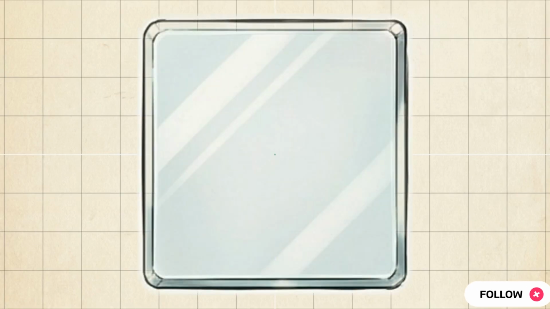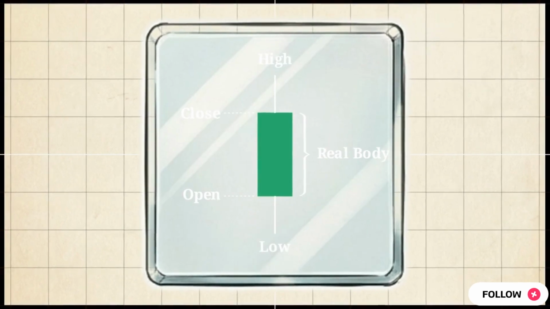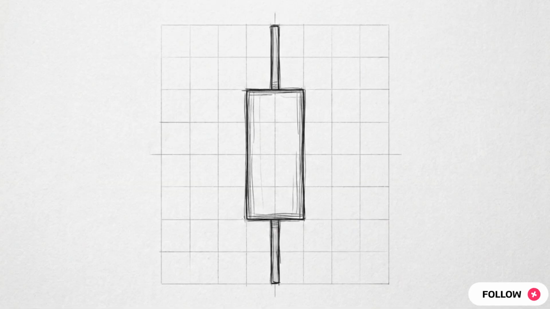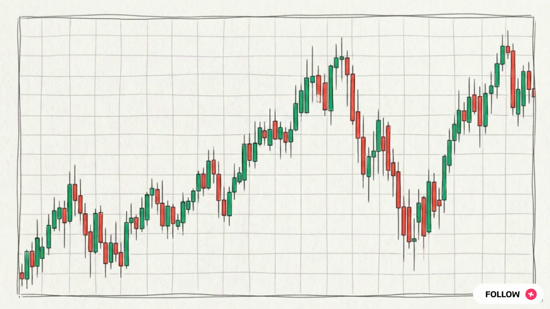Each session is represented by a central structure called the real body, capturing the exact difference between opening and closing prices. Thin lines extending from the top and bottom, shadows, or wicks, log the extreme highs and lows tested before the session ended. The color of the body immediately tells the analyst who won the session. A green body means buyers drove the close higher than the open, while a red body shows sellers took control. When you chain these individual sessions together across days, weeks, or months, the chart reveals the shifting dominance between fear